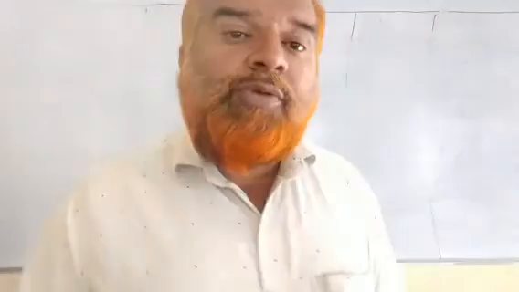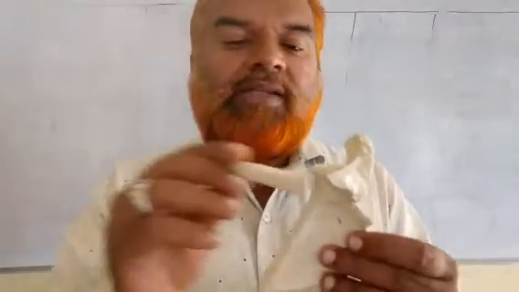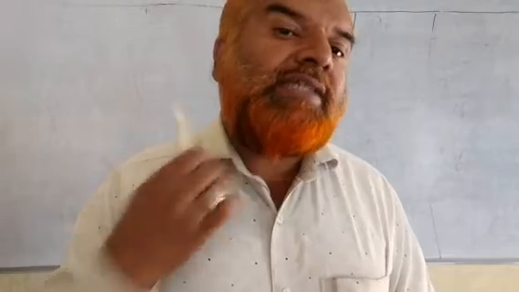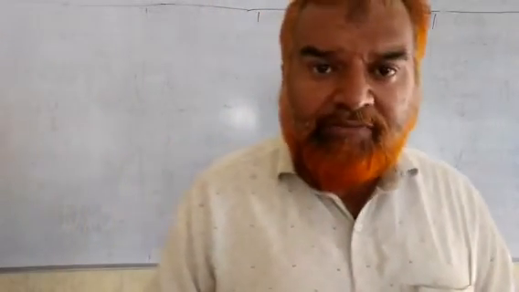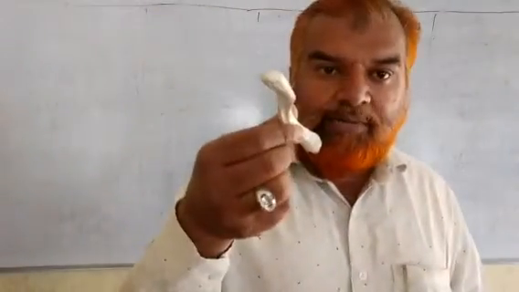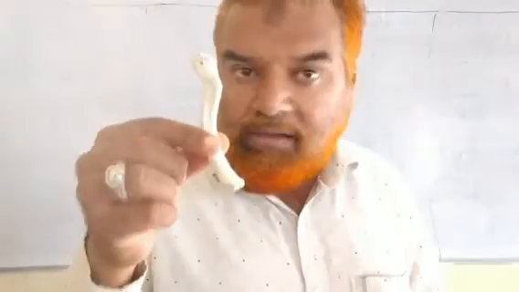scapula, and this bone is known as clavicle. So here we have the scapula and the clavicle. Commonly we call the clavicle the collarbone. You can feel it. If people are very thin or very weak, you can see this bone also, this round, circular bone. So this is what is known as the clavicle bone, the collarbone.